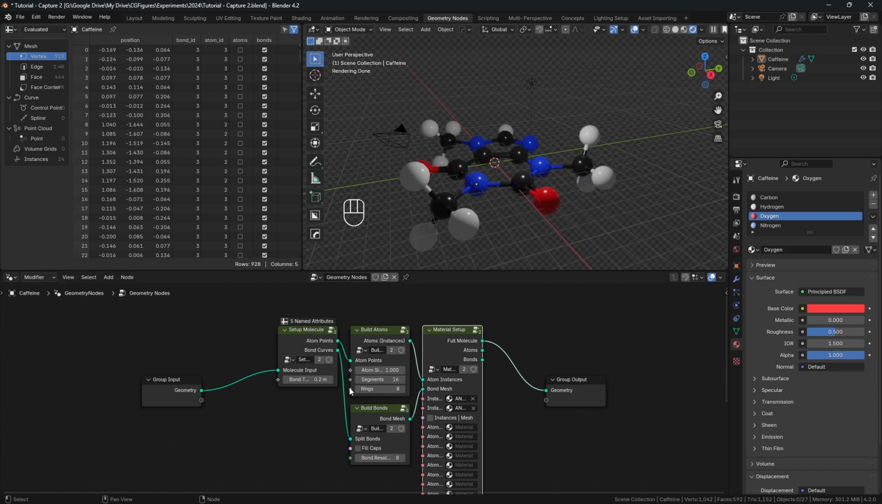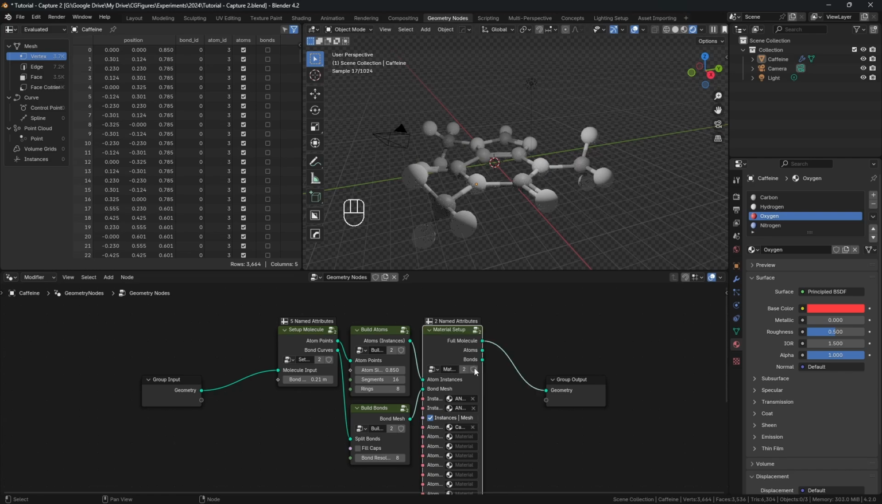In our ungrouped setup, you'll also notice that we have some relatively basic controls. We can adjust the bond thickness, and this time we can go all the way to 0, which is very convenient for animation. We can also adjust the atom size and the resolution of both the atoms and the bonds. We can also see how the materials are set up, and there's an option here to toggle between instances and mesh. In the mesh version, we can actually load up our specific materials,